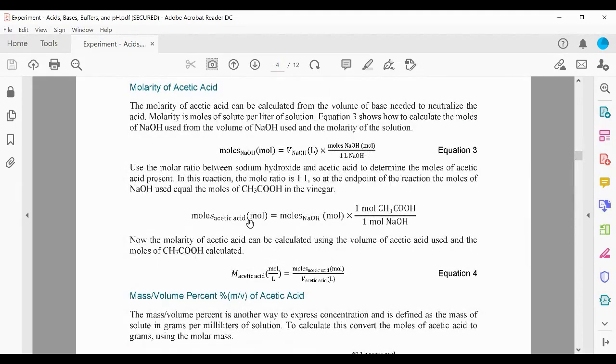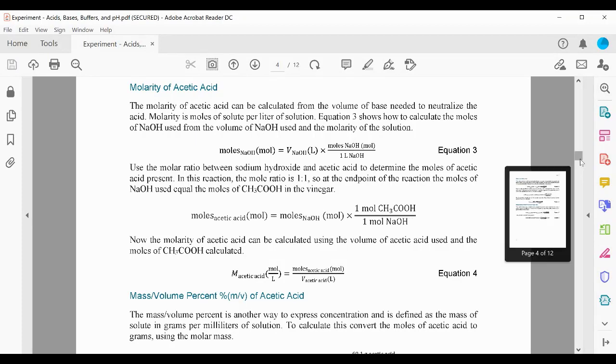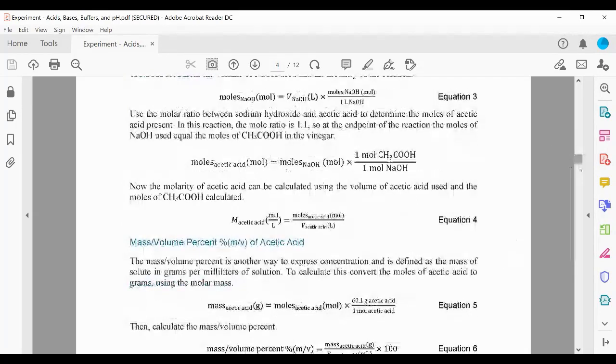So here, the moles of acetic acid equals the moles of sodium hydroxide, because the ratio here is 1:1. They find this from the equation. And then, once you calculate the moles of acetic acid, obviously molarity is number of moles per volume in liters. So they will tell you how much volume you add to the beaker,